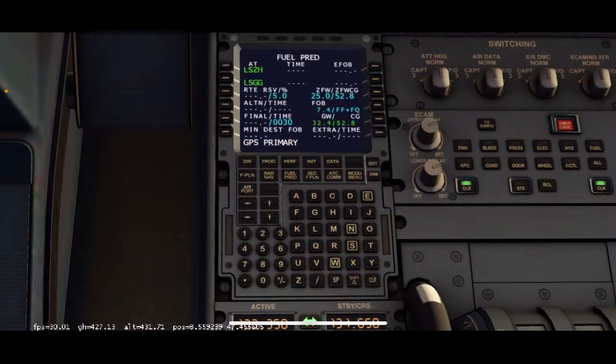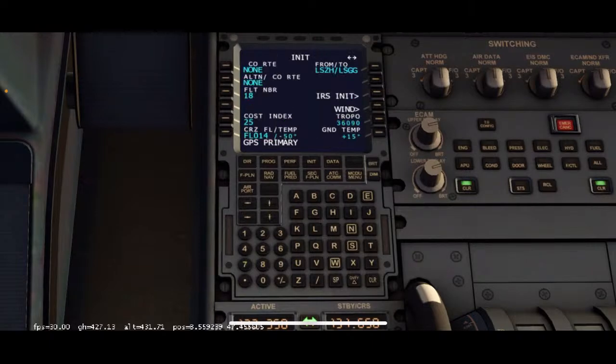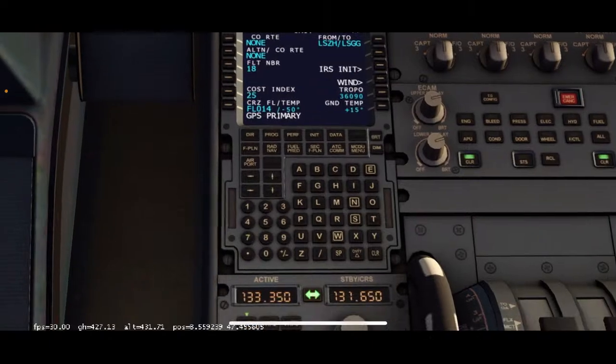Initiate, we'll just double check that. We forgot one thing. Go back, please. Cruising altitude is 015. I don't know why it says 14. So we got flight level 150. Wait, that's 15,000. There we go. Tropic, which is when it starts to get warm once we go above that altitude.